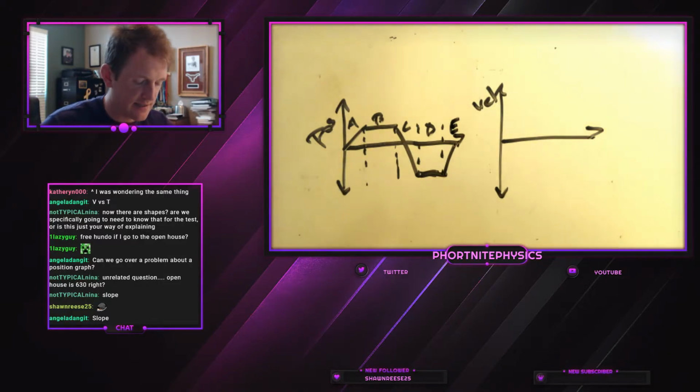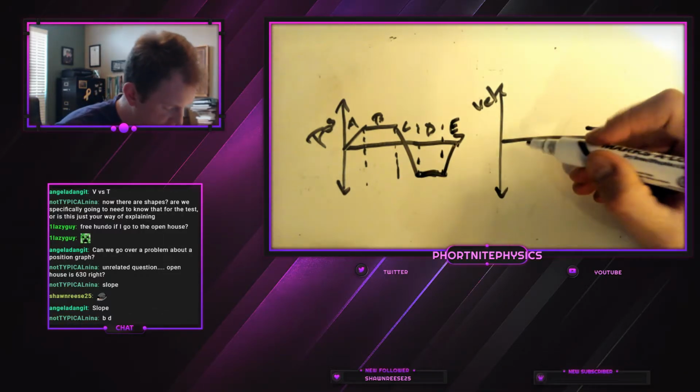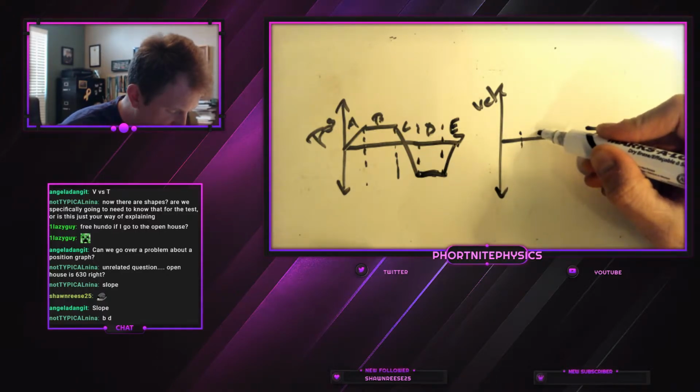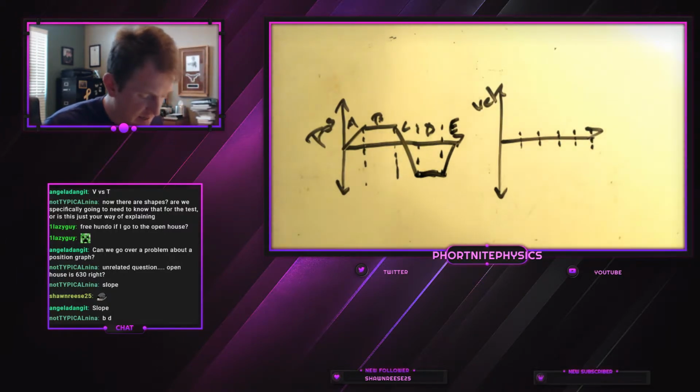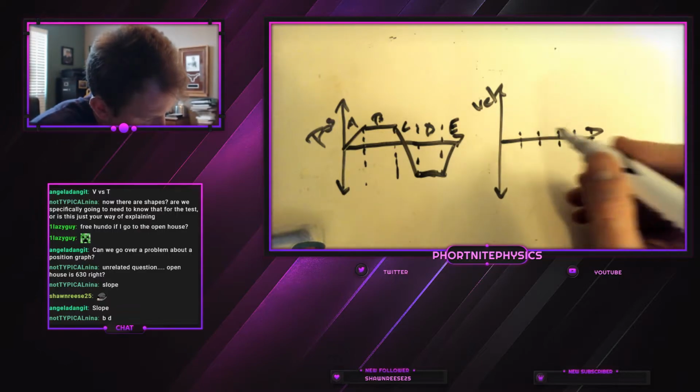B and D. Excellent. B and D are at 0. So let's just go ahead and break this down into A, B, C, D, and E. I know it's not drawn to scale, but whatever. Don't at me. So for B and D,